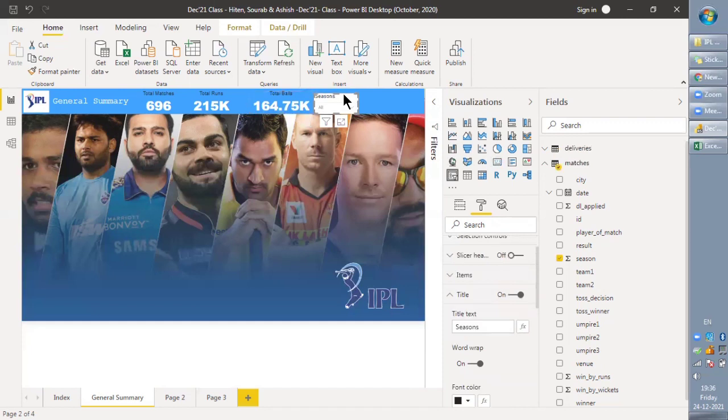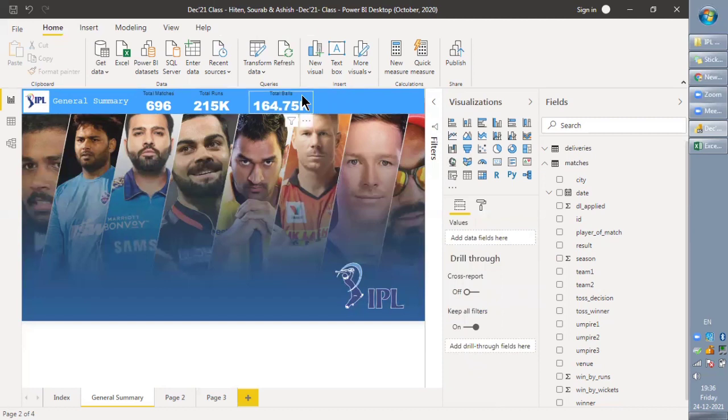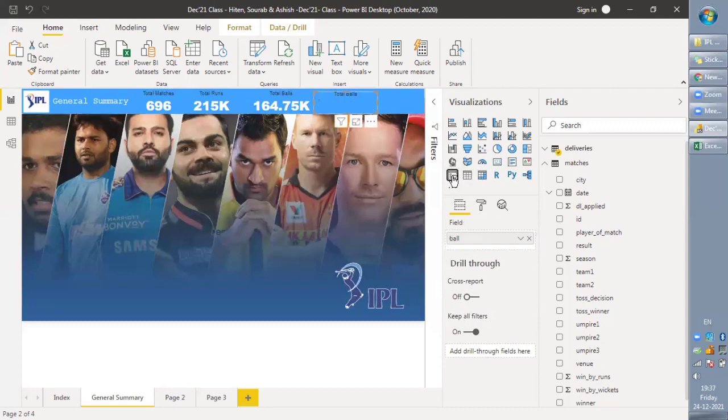Just remove this. We already made formatting and all those things on this card. So just copy this. This is a smart way, a shortcut way to create new things. We have already done the formatting, font change, font size in this card. So just copy it and paste it. This will save your time as well as effort. Just paste it here. And then just click on the slicer, select that particular one, and it will automatically convert this to a slicer. Okay, now go there.